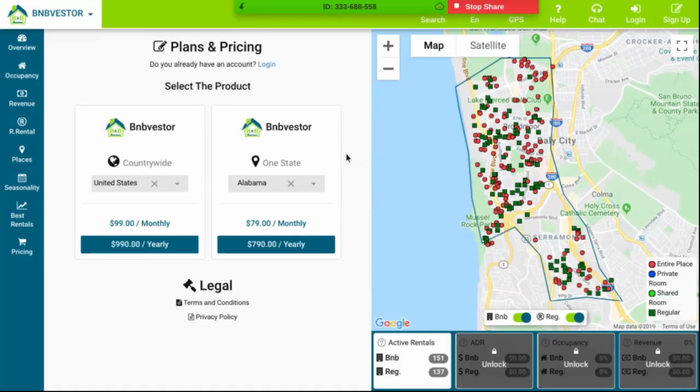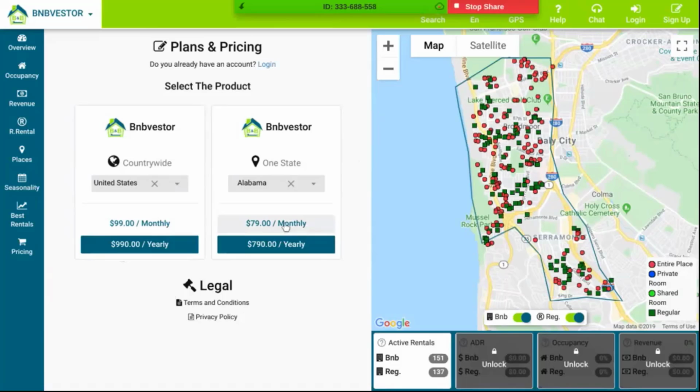Even though you can have the system monthly, if you want to go for a yearly subscription, you can do that, and we have a special promotion where you get 2 months for free. You only pay for 10 months, okay? So it's going to be $990 a year for the whole country in this case.